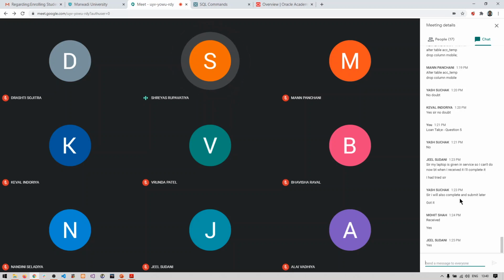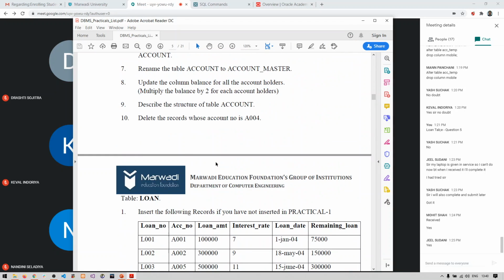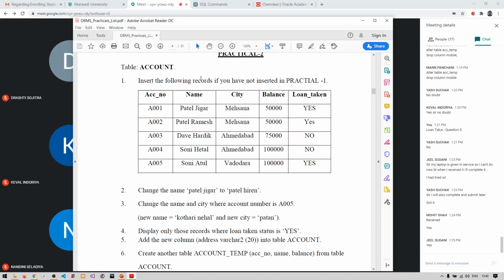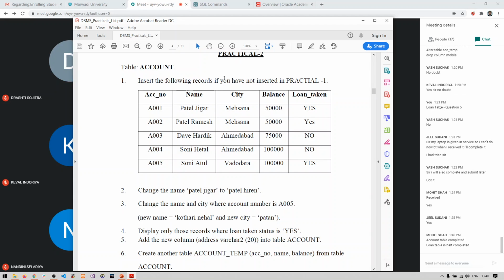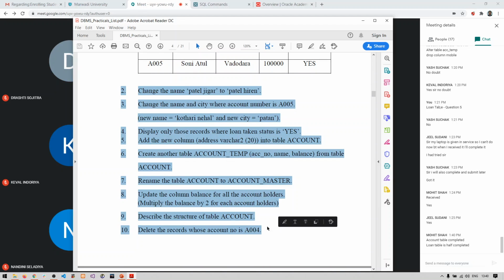No, see, in the practical you don't have to insert the data again because you already have the data in the table. You see practical number 2, it is already written at the top of each table: insert the following records if you have not inserted them in practical 1. Okay, fine. So you are working on the queries from 2 to 10. Okay, fine.